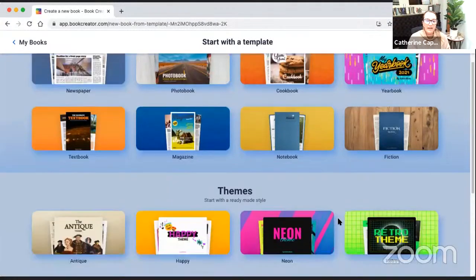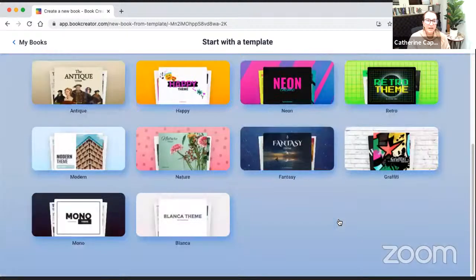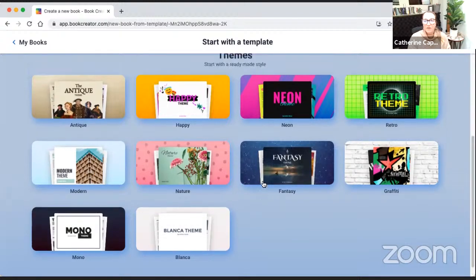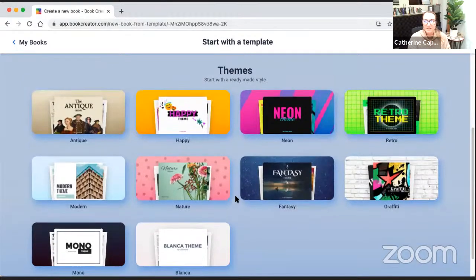And then down here we have the antique book as well as the mono book have timelines in them. So if you need to do a timeline with students for social studies, there's a timeline already ready to go to complete. And then another favorite I have is this fantasy template. The fantasy template is fantastic for like a fantasy unit, writing unit. And then these other ones as well, these other themes are great for different projects and things like that, presentations and things like that.